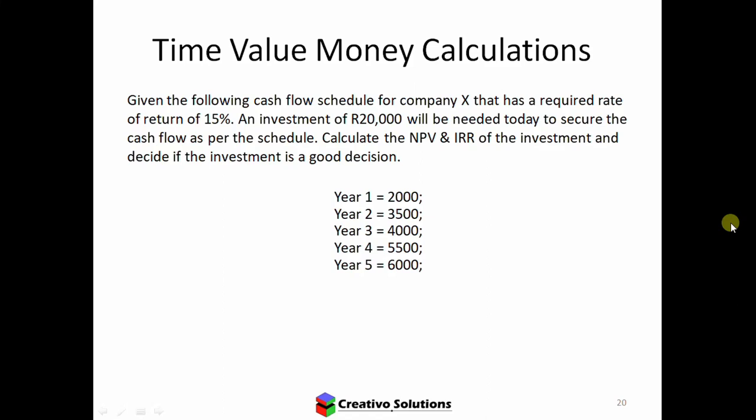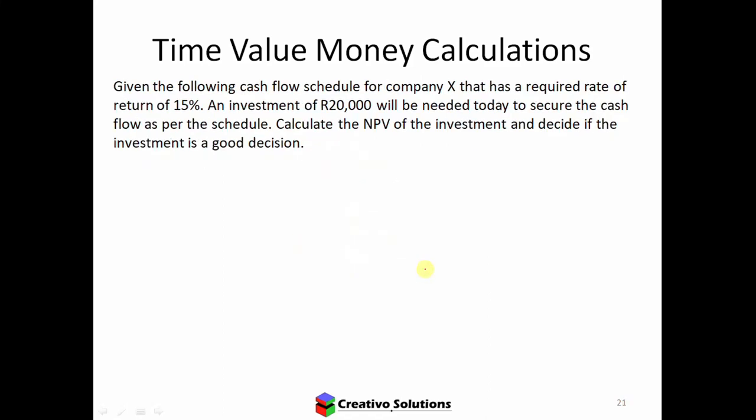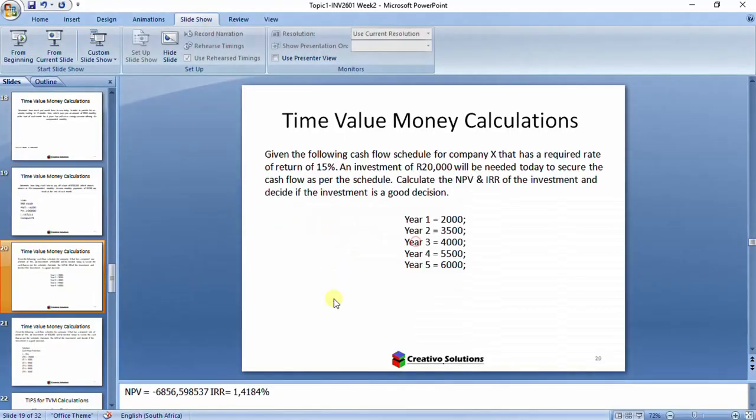Just remember that your initial time 0 amount is going to be the actual investment that you have outlaid. Okay, so CF0 is the initial investment, which is minus 200,000. Right, and then the rest would be plus in terms of cash flow. Let me just put up the answer again for you. All right, so if you do the working, you'll see net present value comes out to a negative 6856.598537, and your IRR is